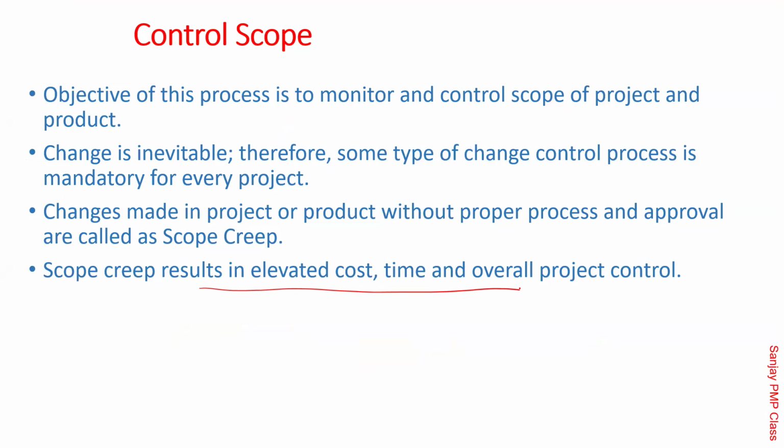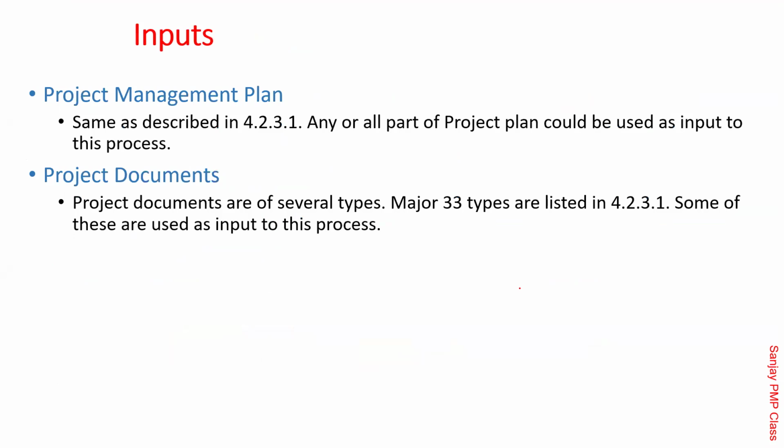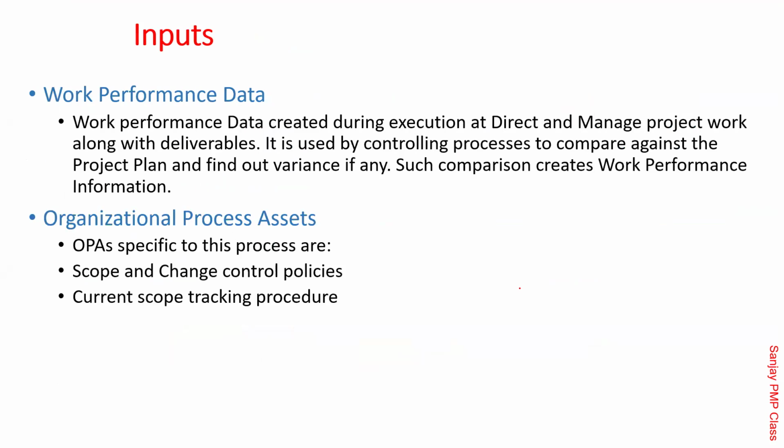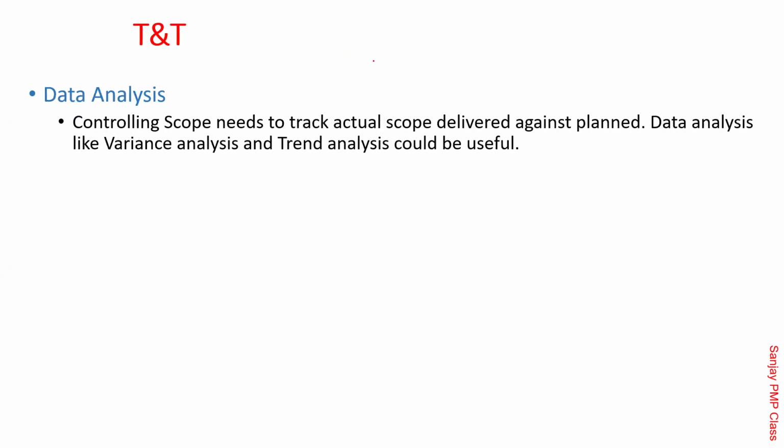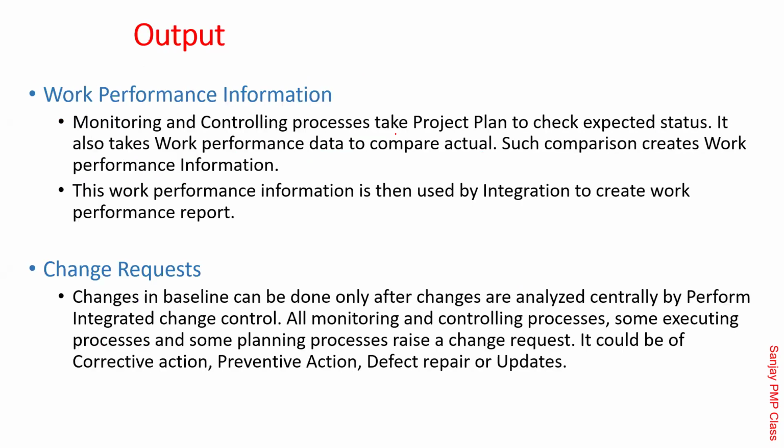Scope creep. Yes. It's bad. Project management plan, these are inputs, along with work performance data. This is a standard control process. It takes the plan versus actual. So work performance data is actual, project plan is planned. So planned versus actual, analyze it. Maintain a tracker of the delivery and check what was the planned scope and what is there. You might do variance analysis. What was planned to be delivered? What was actually delivered? Trend analysis: how are the trends happening? So that type of analysis. All control processes will have the same format.